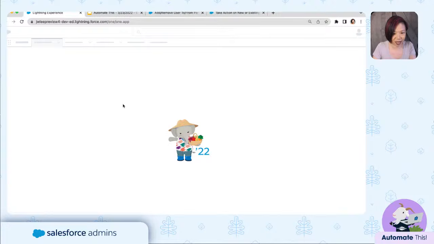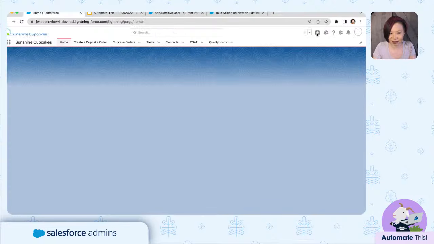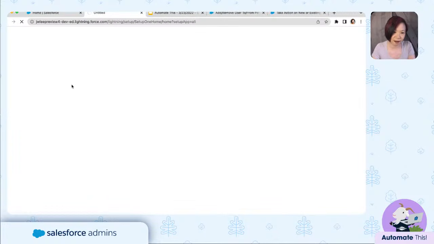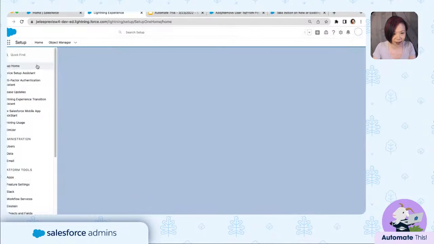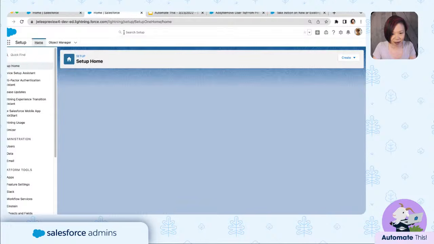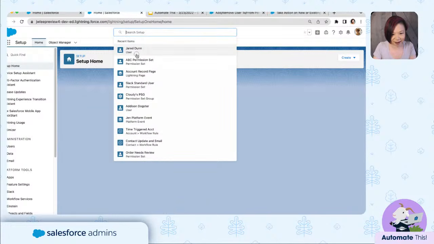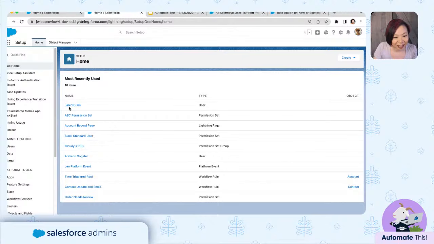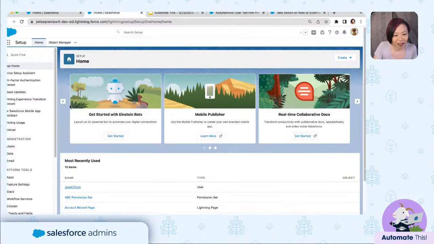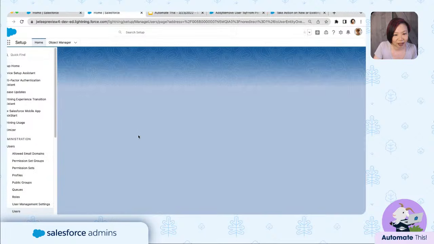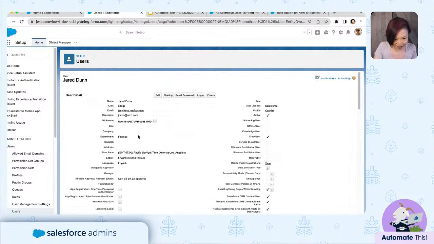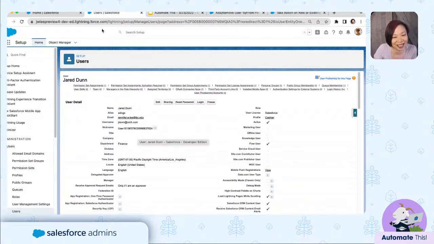All right, it's coming up. And now we're going to go in Setup. Okay, now let's search for Jared Dunn. Okay, it's slowly coming up. There it is. All right.